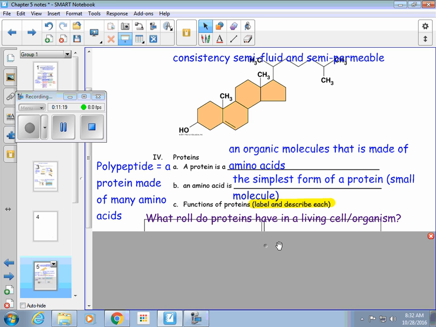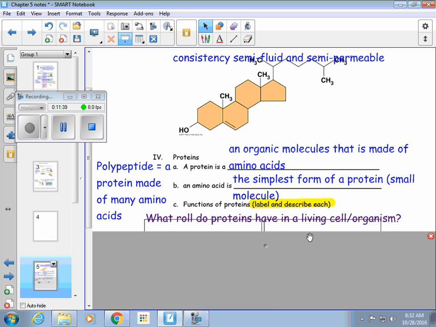Proteins are also enzymes. I don't have that written here, but an enzyme is a protein. So when we look to classify an enzyme as an organic molecule, it would be here. Here's where you're going to need that textbook. And the next section here, so these 4 boxes on this page, and then there are 4 boxes on the